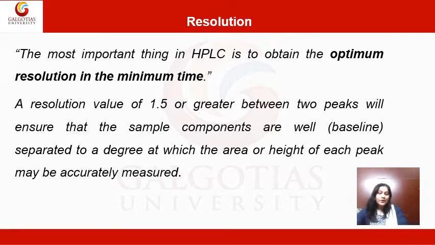Okay, suppose you have plotted two peaks on a graph paper which are very much close to each other, and then you have to find out the height or peak area of each peak. As I already told you, the peaks are very close to each other, so you will face difficulty finding the actual height and area of that peak. Means there should be a clear separation of peaks to get the measurement of that peak. That is actually the resolution. If the value is lesser than 1.5, it means the components are not well separated at the baseline.